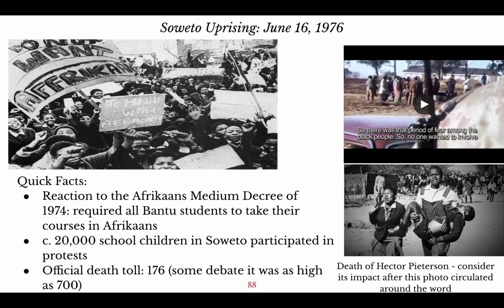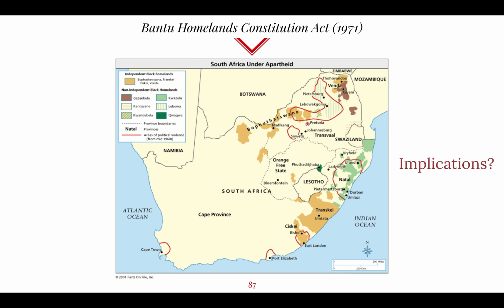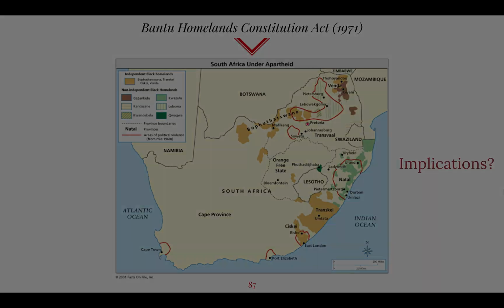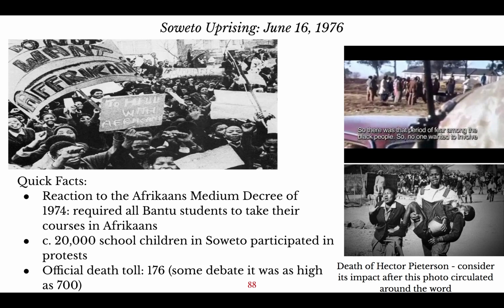So they decided to stand up to it, and they staged a peaceful protest in Soweto, which you can see here. Oh, my pointer isn't working. Oh, there we go. It's not too far outside of Pretoria and Johannesburg, and it was a place of major social and political unrest at this period. So all these children go outside of their class, they try to sing the national anthem, and all their plan was after that was to go to class. But